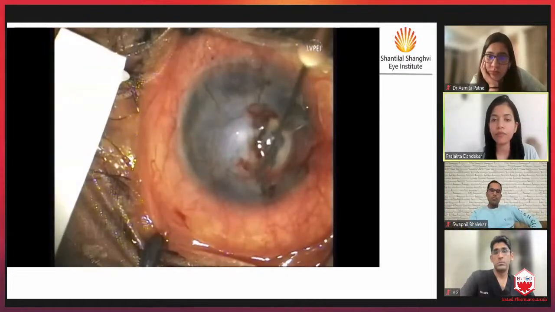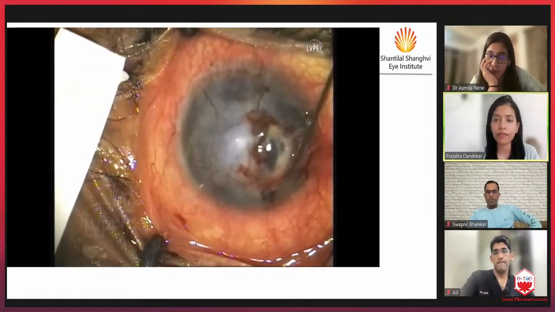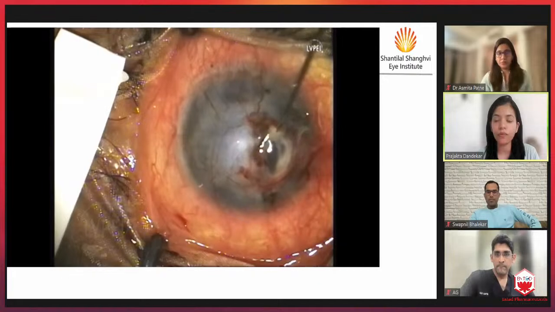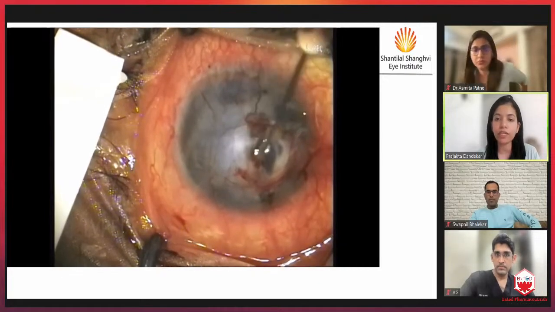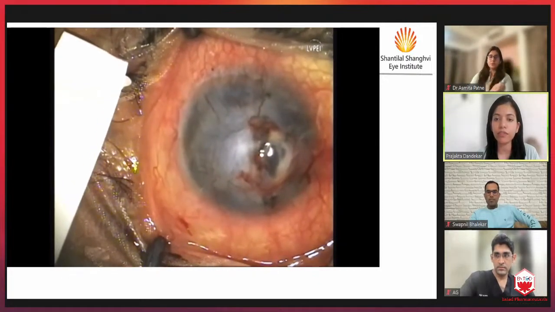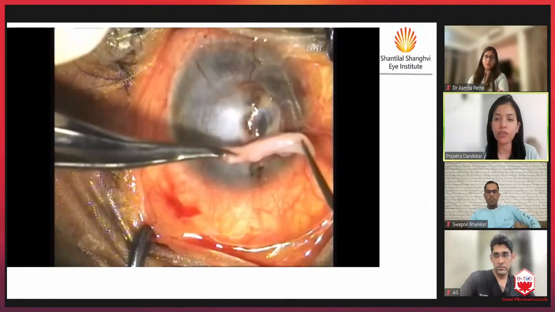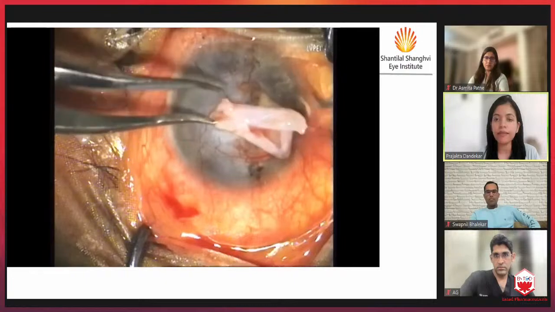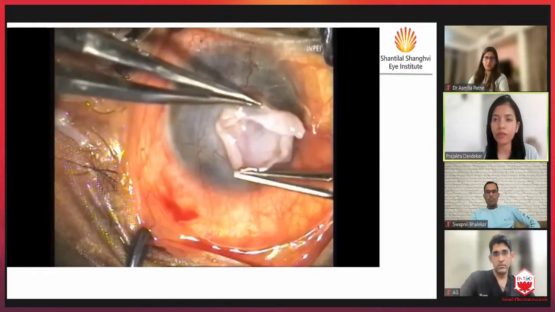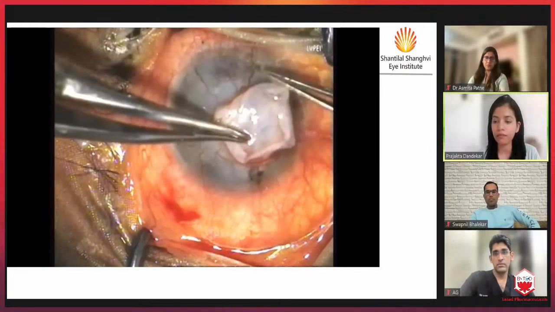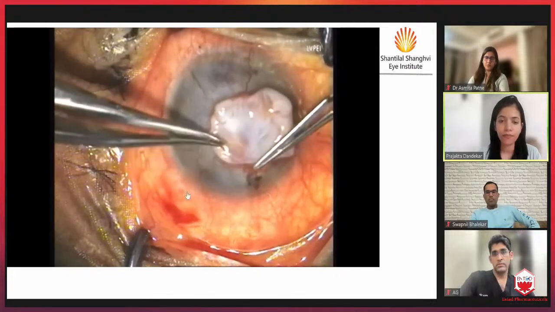And then this amniotic membrane is sutured after sticking it with the fibrin glue. There are different types of sutures which can be used. There are infinity sutures, in which you place the sutures in a cross manner. Otherwise, box sutures can also be placed. This is a technique in which multiple sutures are applied in a box fashion.